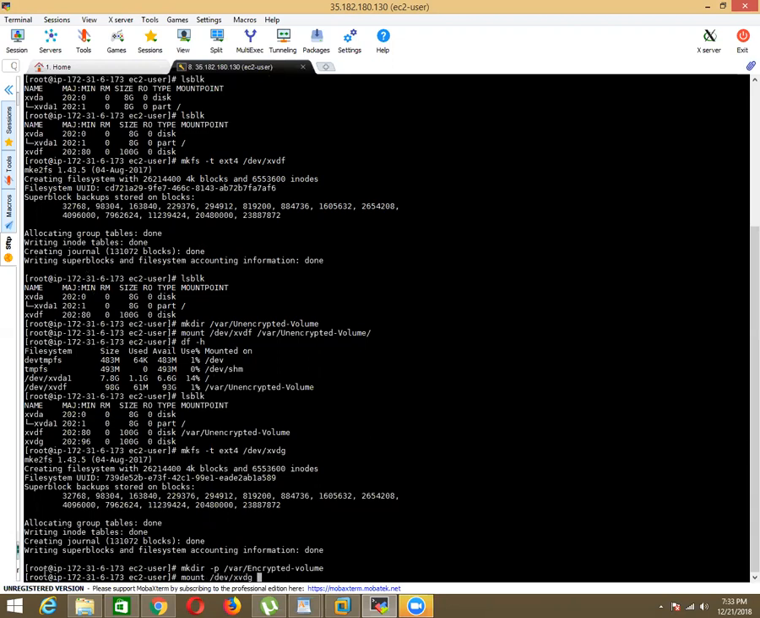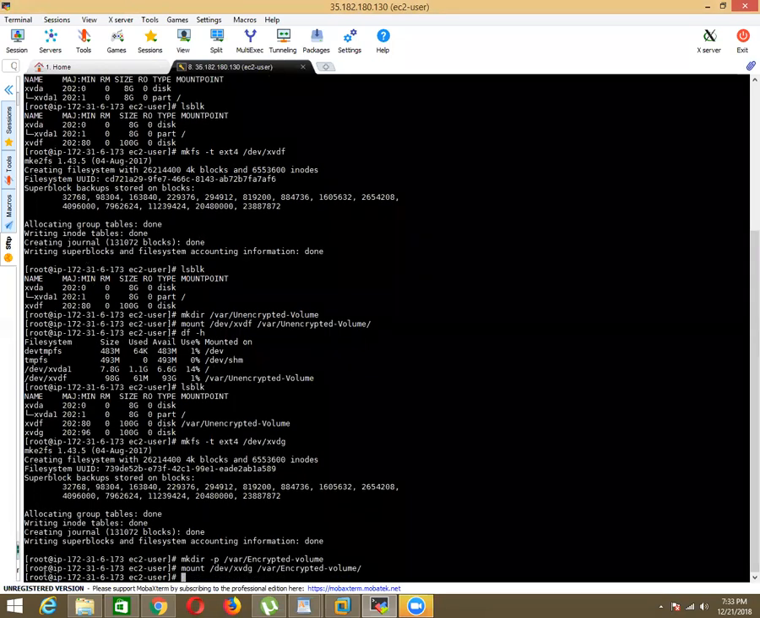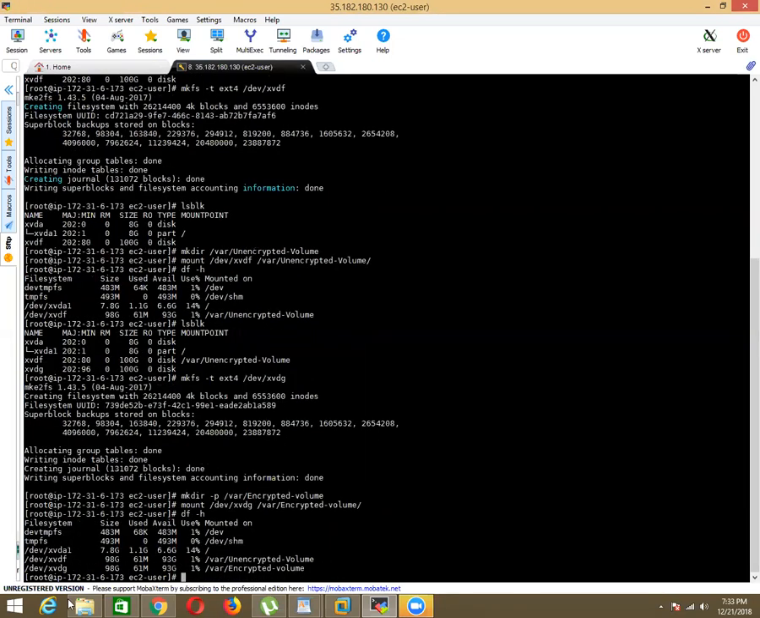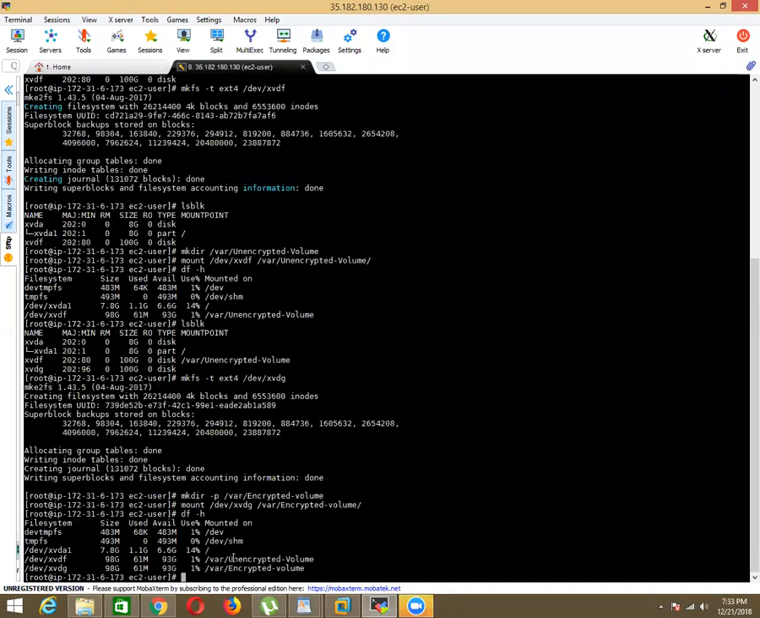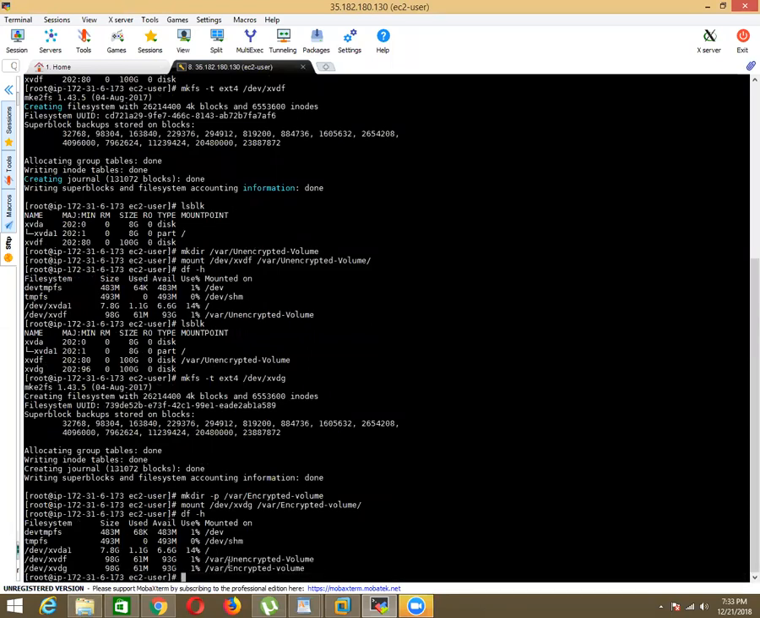vxvdg and slash where encrypted volume. So see df, I can see two volumes are there. So one is unencrypted, one is encrypted. So I have attached. Now go to your